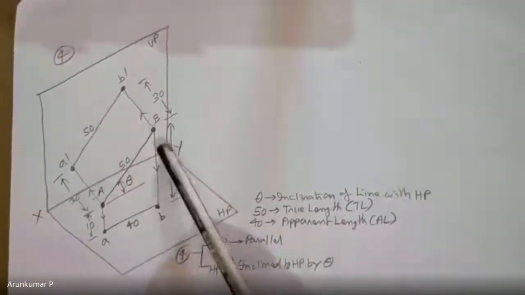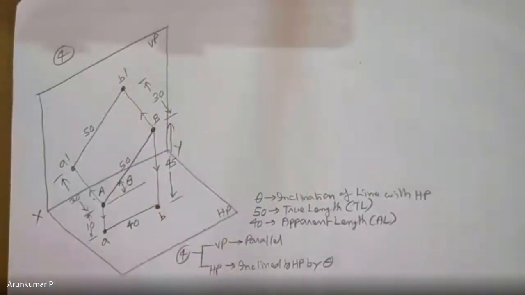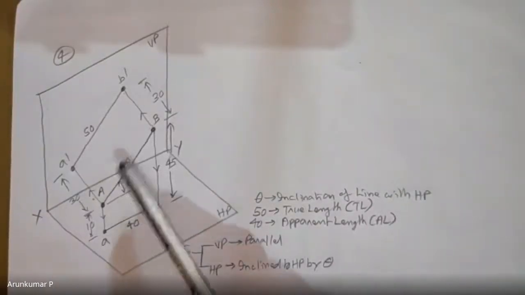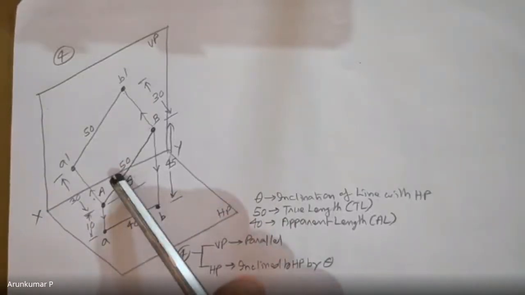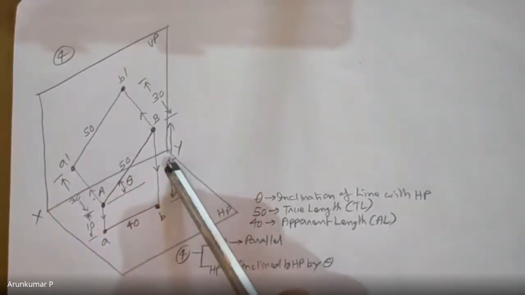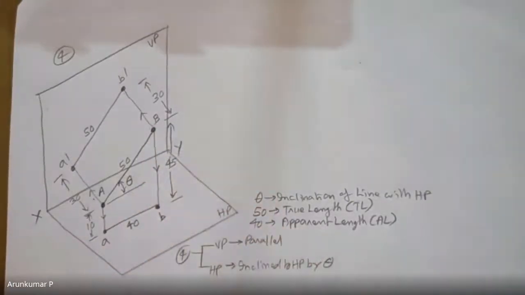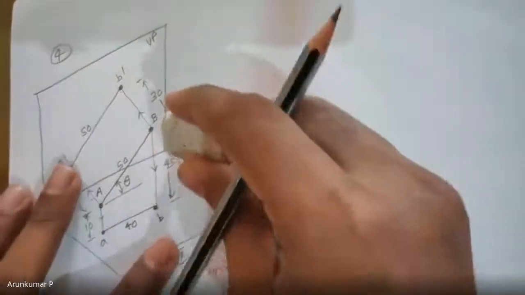Now my question: how can you get the true length in HP also? Is it possible by construction method? Theta equals 0, sir. Exactly. If you make theta 0, then obviously. So by method of construction, the point is making theta 0. Let us say theta here is some 40 degrees. From 40, if you have to bring it back to 0 and make the line parallel to HP, then it is as good as rotating the line AB and making it parallel to HP. Let us see how that happens.